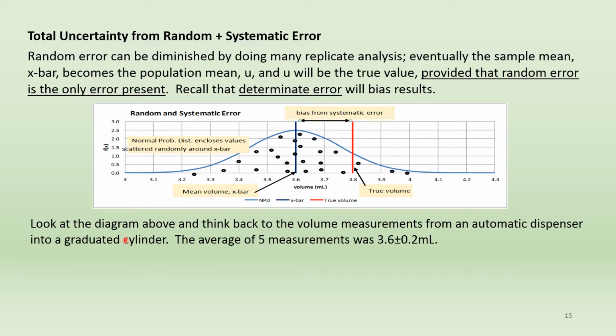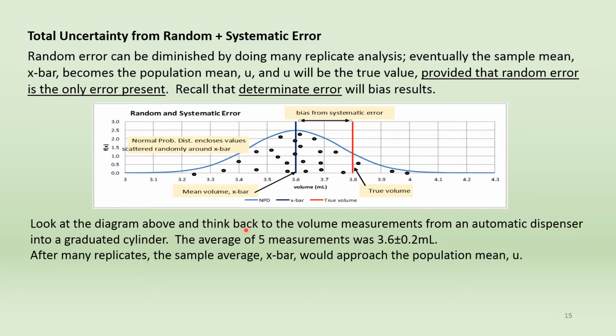So take a look at the diagram, and as we do, let's think back to the volume of liquid dispensed by the automatic dispenser into the graduated cylinder. The average of 5 measurements was 3.6 plus or minus 0.2 mL. So if we took many measurements, represented by these dots, we would find that the average might come out to 3.6 mL. So after many replicates, the sample average x bar would approach the population mean, mu, which we're hoping